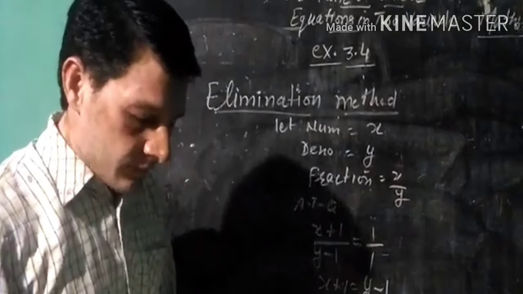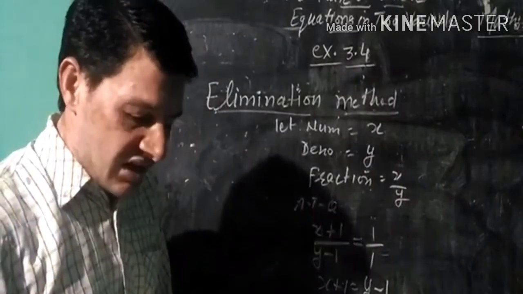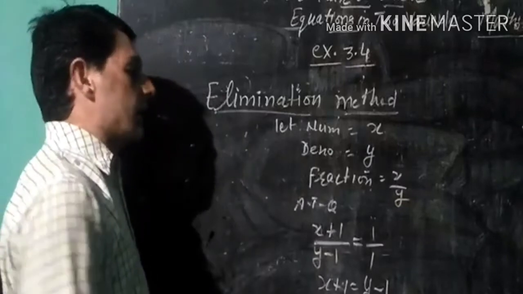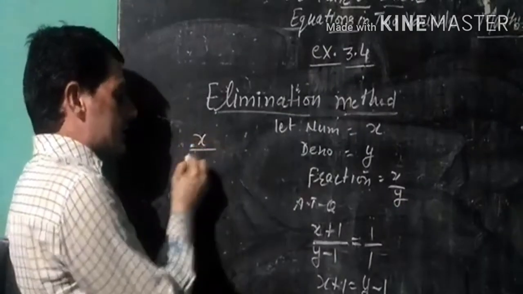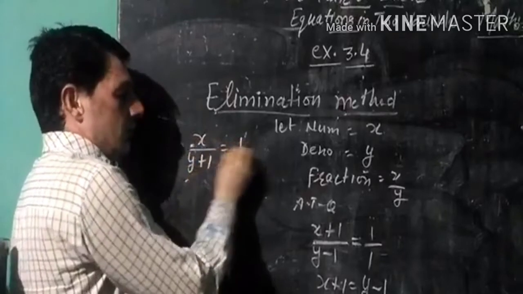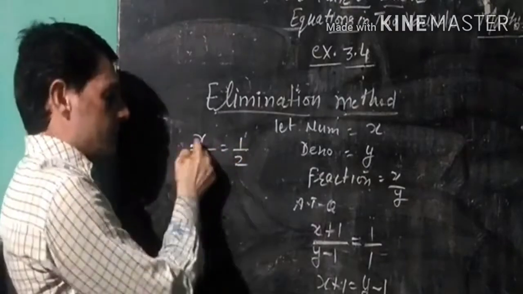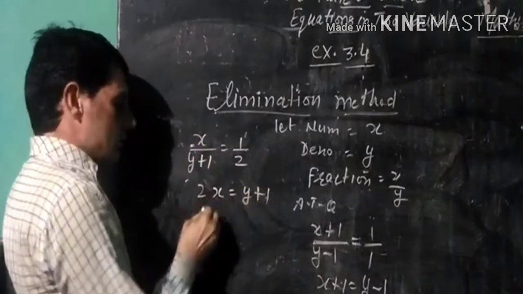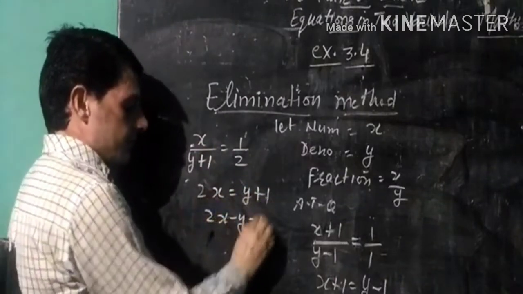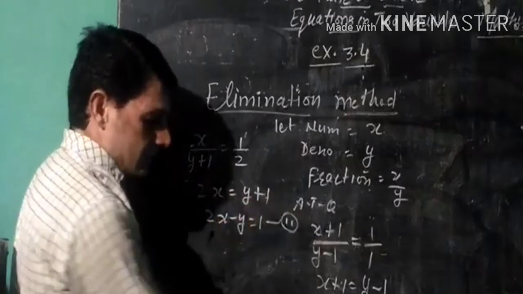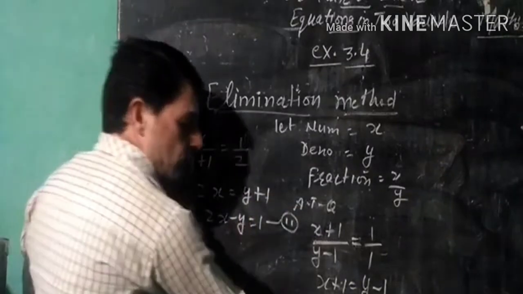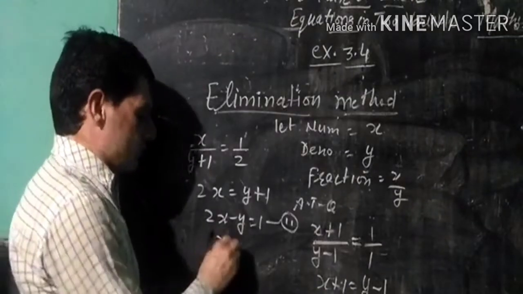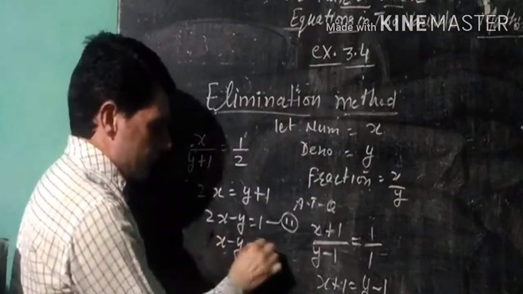The second condition is that it becomes 1 by 2 if we only add 1 to the denominator. This means we have to add 1 to the denominator alone, and do nothing to the numerator. x over y plus 1 is equal to this. Cross multiply. 2x is equal to y plus 1. This will come on that side. This is the second equation. The multiples of y are the same in both, so there is no need to multiply directly. We need to write them down in that form.